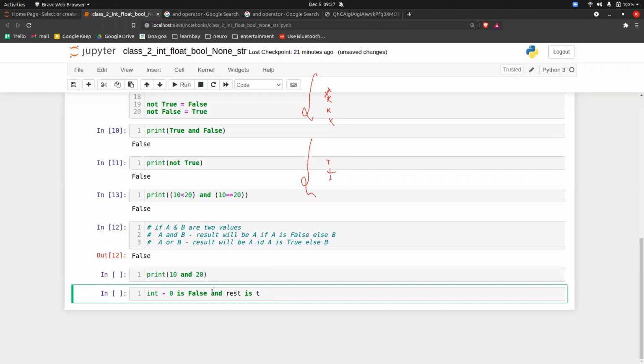The meaning of this is that the integer 0 is only considered as false. Any other value, from negative to positive infinity, is considered as true.